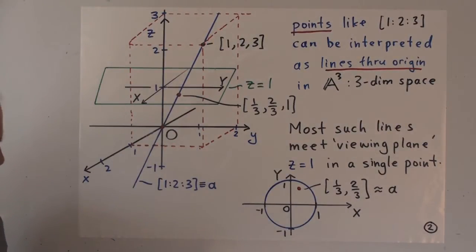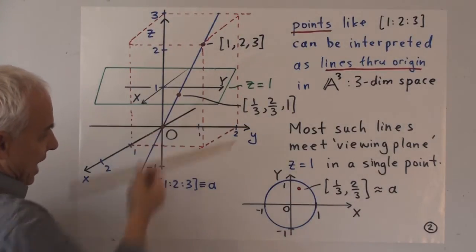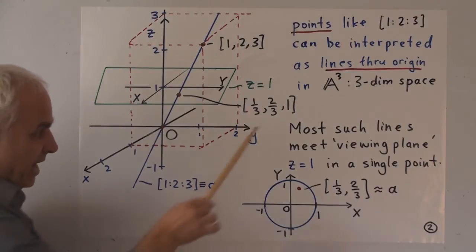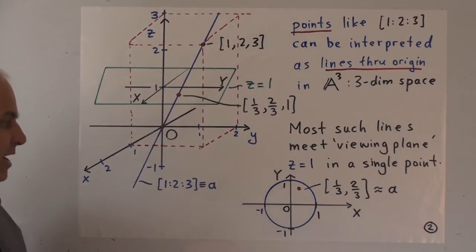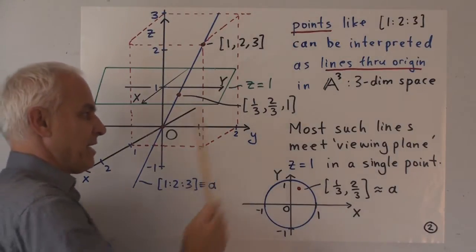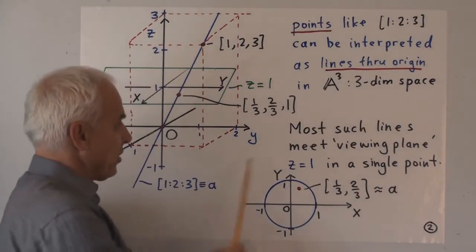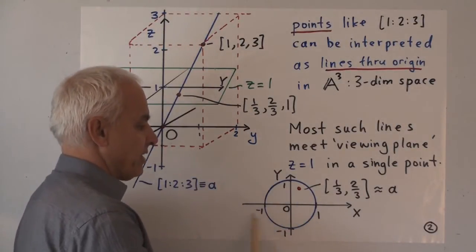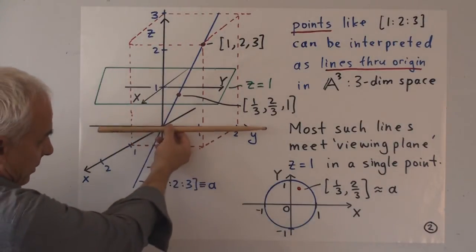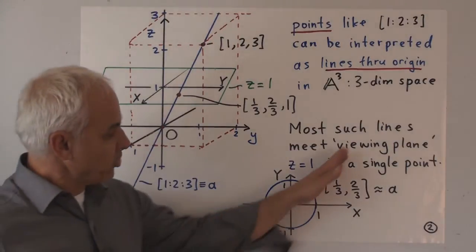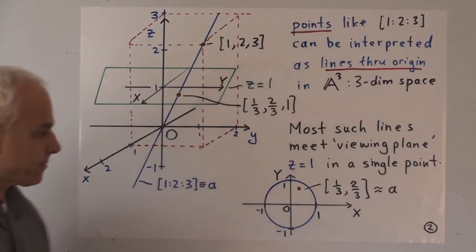And that's very nice, except that it doesn't always work. It doesn't work when the original line was actually horizontal. In other words, had 0 as a third component. Algebraically, why that doesn't work is because you can't divide by that third component if it's 0. So it's not the case that all lines are represented by points in this plane, but most of them are. And the ones that aren't, lines that are horizontal, are represented by directions in this plane.